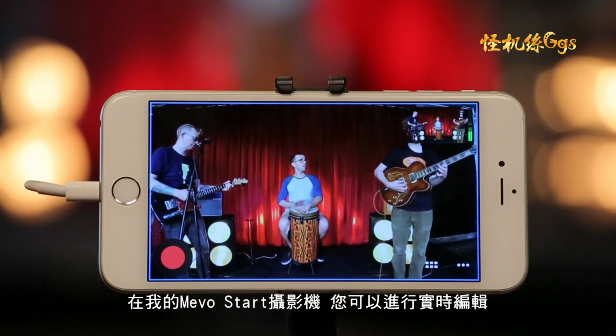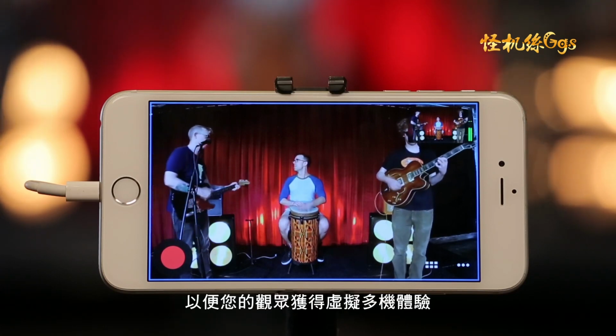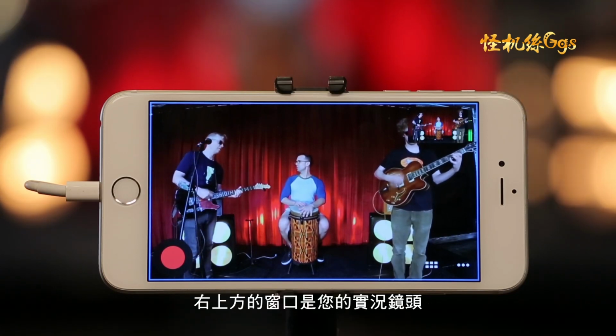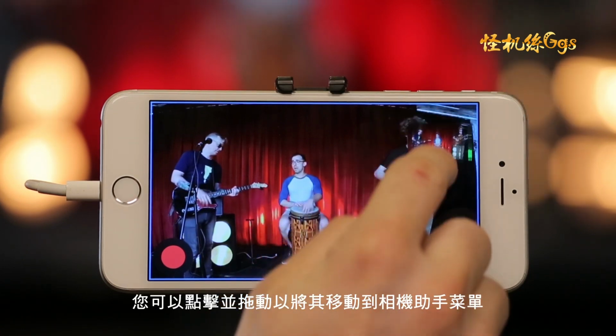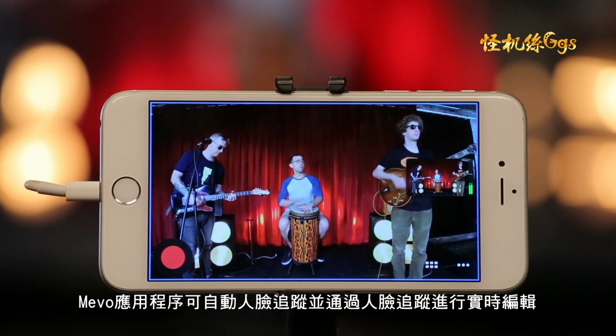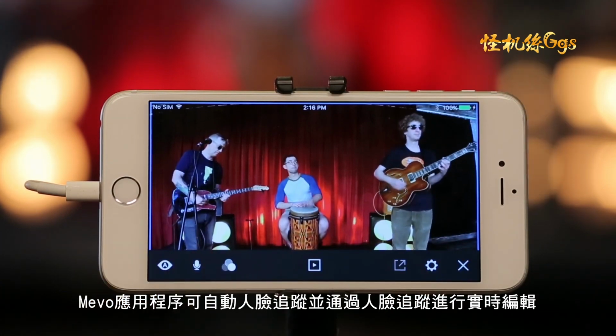Camera allows you to live edit, so your viewers will get a virtual multi-camera experience. The top right window is your live shot window. You can tap and drag to move it. In the Camera Assistant menu, you may choose to set the Mevo app to automatically find people and live edit